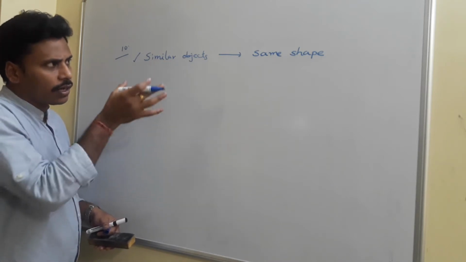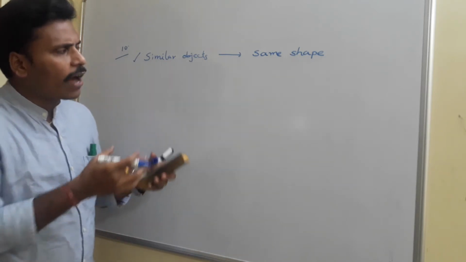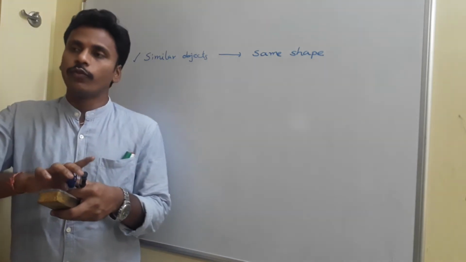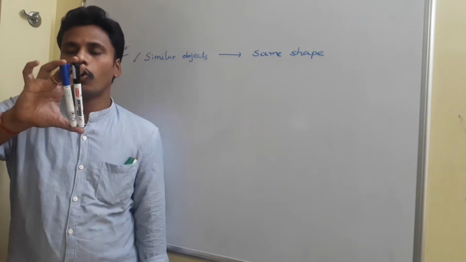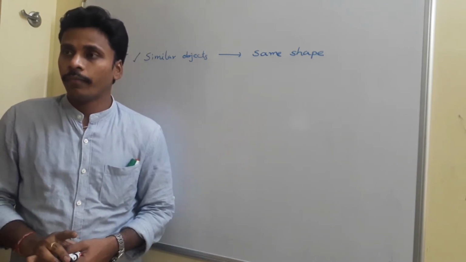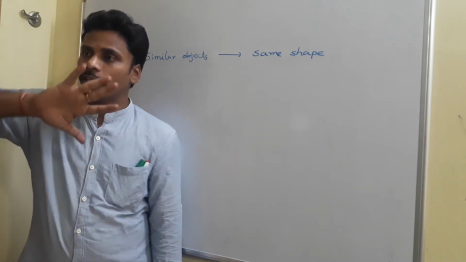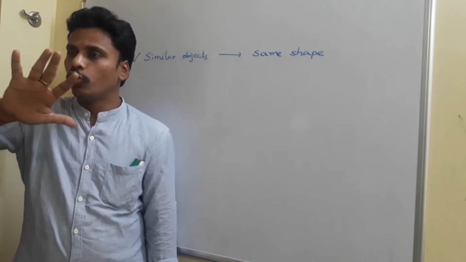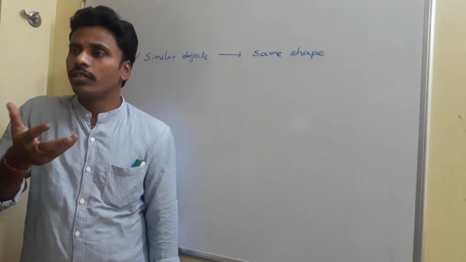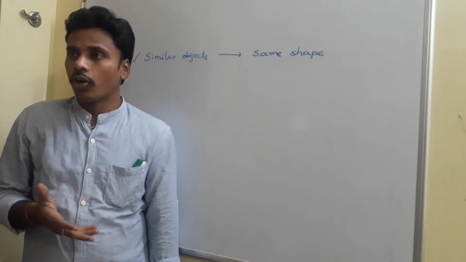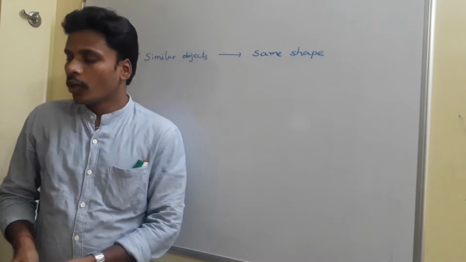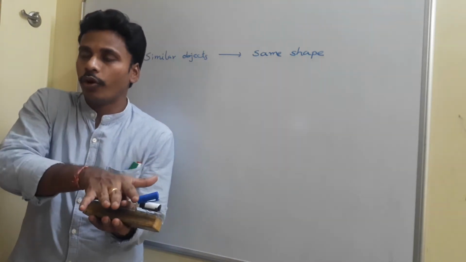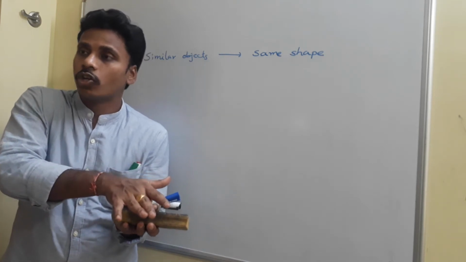You will have these similar objects in different situations. For example, I have two pens in my hand. If you look at these, these two pens are similar because they are in the same shape. Is it right? And for example, look at my palm, and then look at yours. Both are usually the same shape, so these two are similar, but they are not congruent. Congruent objects means if you place one object on the other, exactly they will coincide. Then in that case we call them congruent.